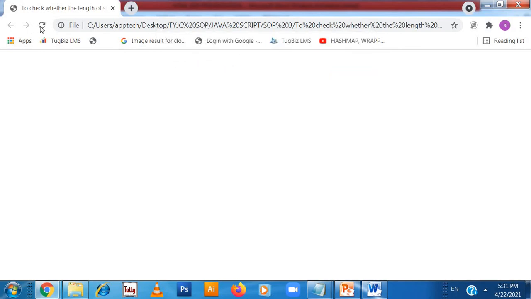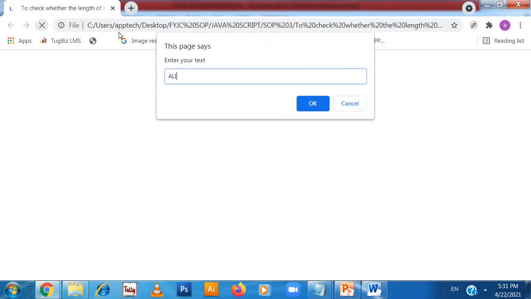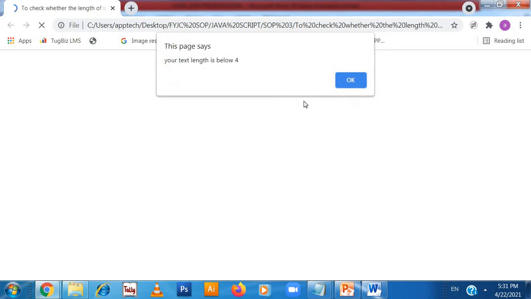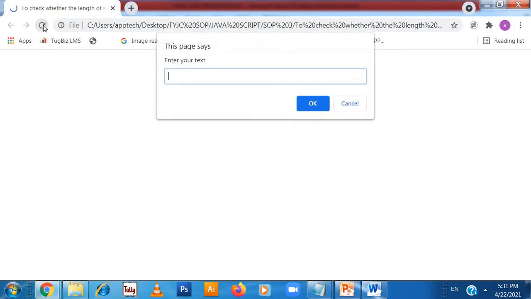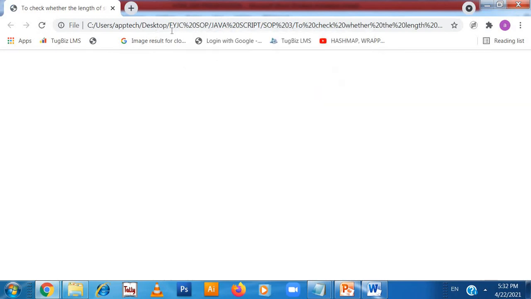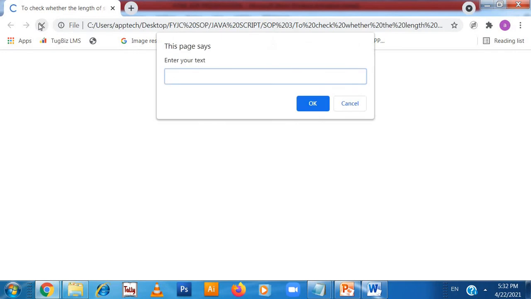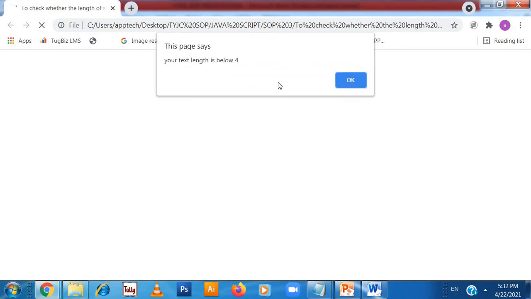Now let's say I'm putting Ali, it will show me your text is below 4. If it is 4 or greater, it will show me 4 or greater. If it is below 4, it will show me your text is below 4. Let's say I'm writing 12345, it is showing me 4 or greater. Now let's say I'm writing only 1 and 2. It will show me your text length is below 4.